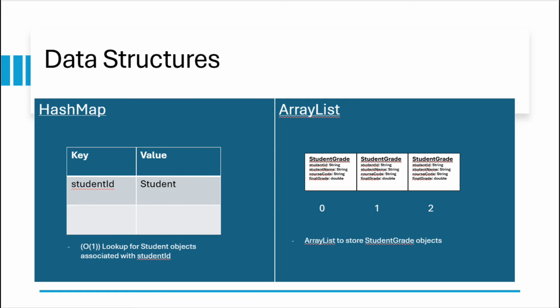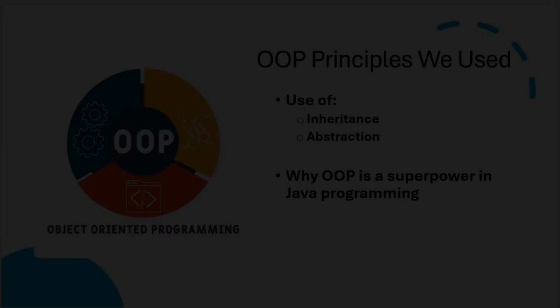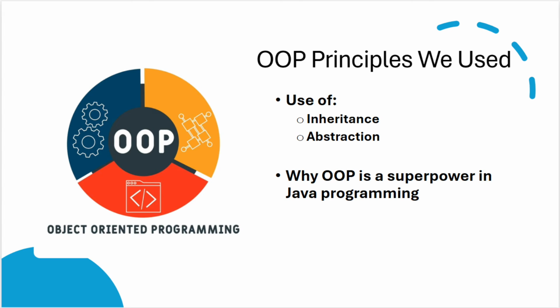This makes the grade processing both efficient and organized. In our project, notable object-oriented pillars we used were inheritance and abstraction. Inheritance lets a class reuse and extend another class's functionality, and abstraction is the concept of hiding complex details and showing only essential features. These object-oriented principles improve code reusability, organization, and scalability, which are the core strengths of Java